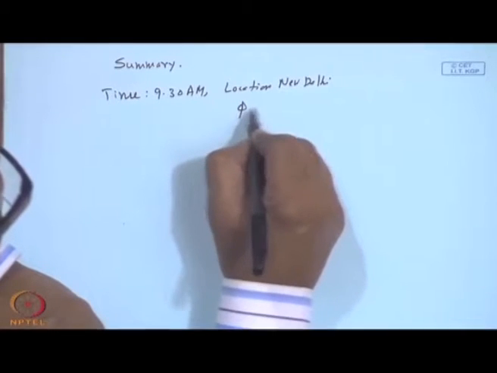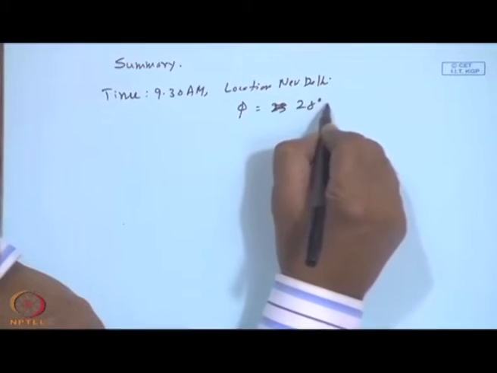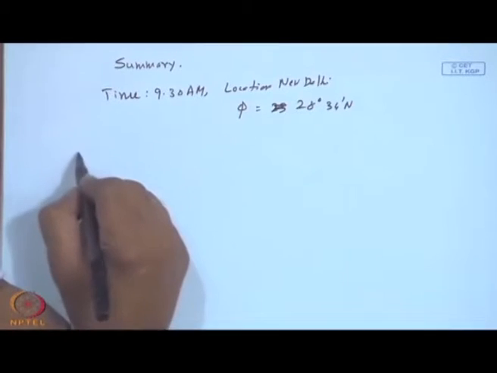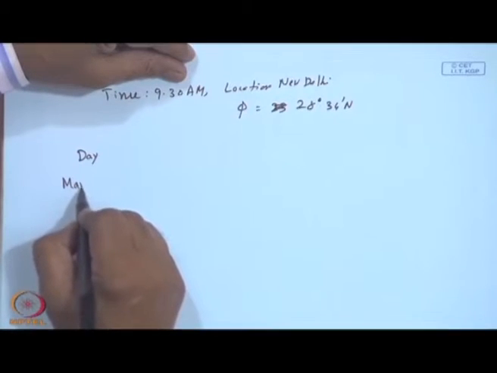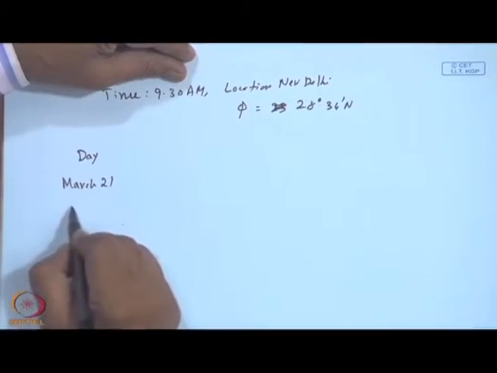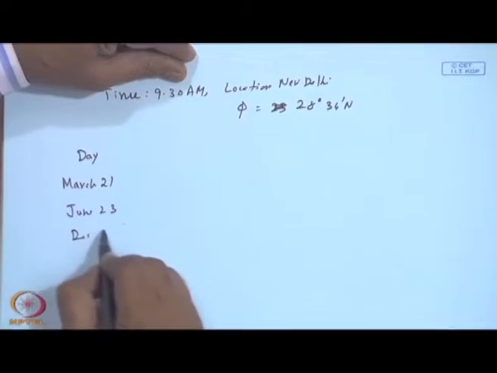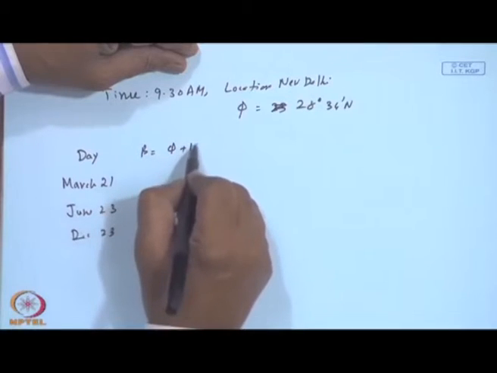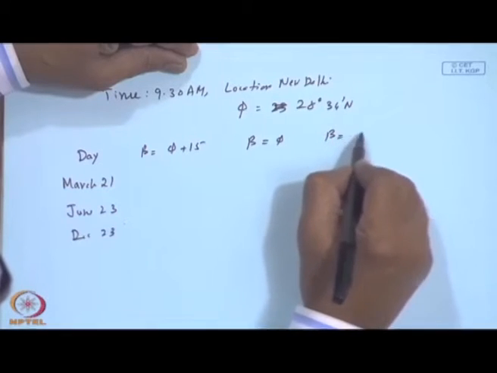So, latitude is 28 degrees 34 minutes north, and the days we are considering are March 21, then June 23 and December 23. So, you have beta equal to 5 plus 15, beta equal to 5, and beta equal to 5 minus 15,